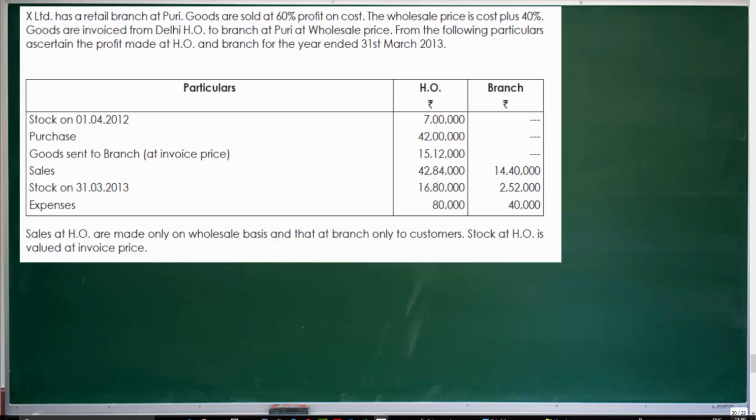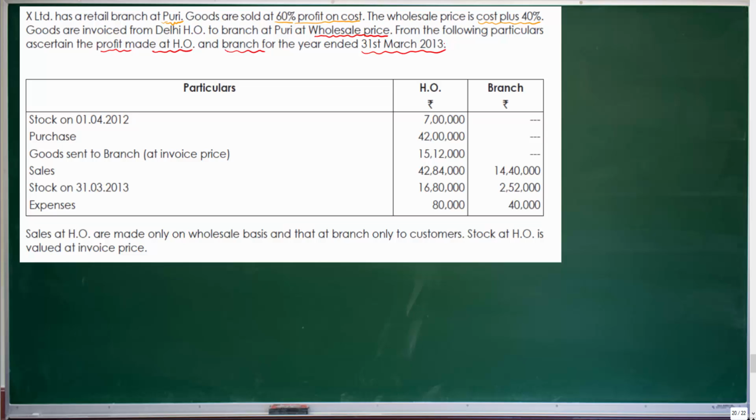Let's take a problem on wholesale branch system. X Limited has a branch at a place called Puri. Goods are sold at 60% profit on cost. The wholesale price is cost plus 40%. Goods are invoiced from Delhi head office to branch at Puri at wholesale price. From the following particulars, ascertain the profit made at HO level and at branch level for the year ended 31st